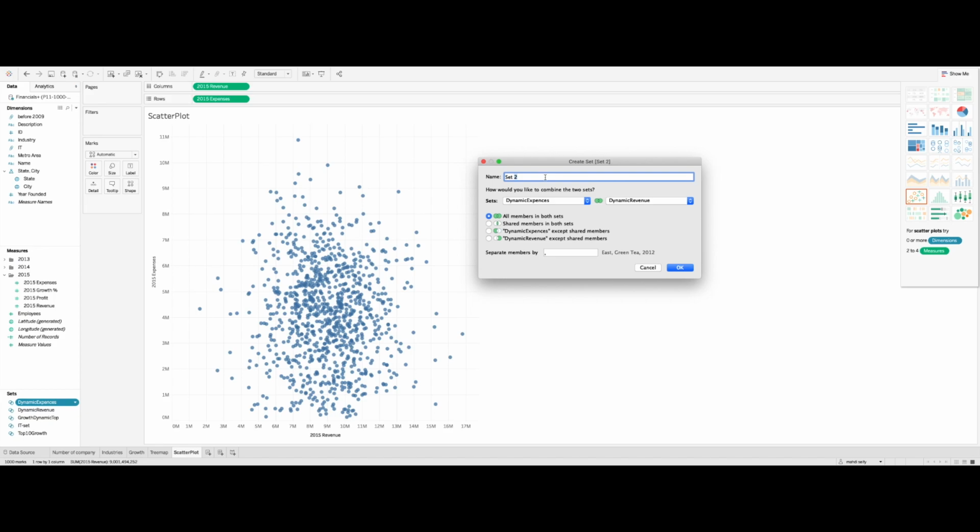But this one is meaningful for us. Just combination. Let me call this one combination. We have four